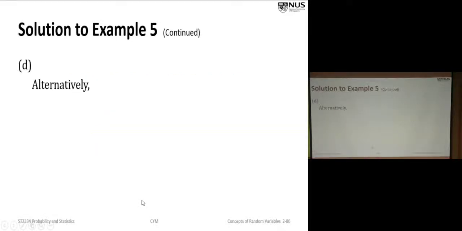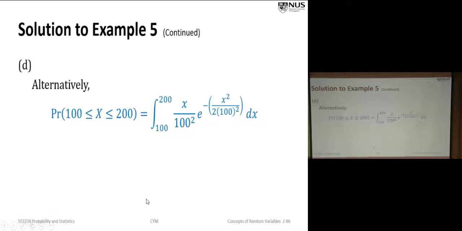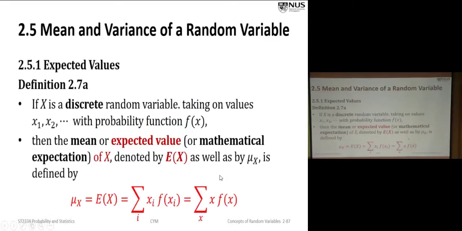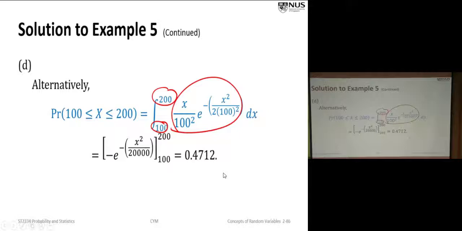All right. So this is the method that I mentioned. This is the PDF, and you integrate from 100 to 200. So you have to do the integration and substitute. So try not to do it. Once I got the CDF, I have done the integration. So for the rest, to find the probability, I just make use of this CDF and work out the probabilities.